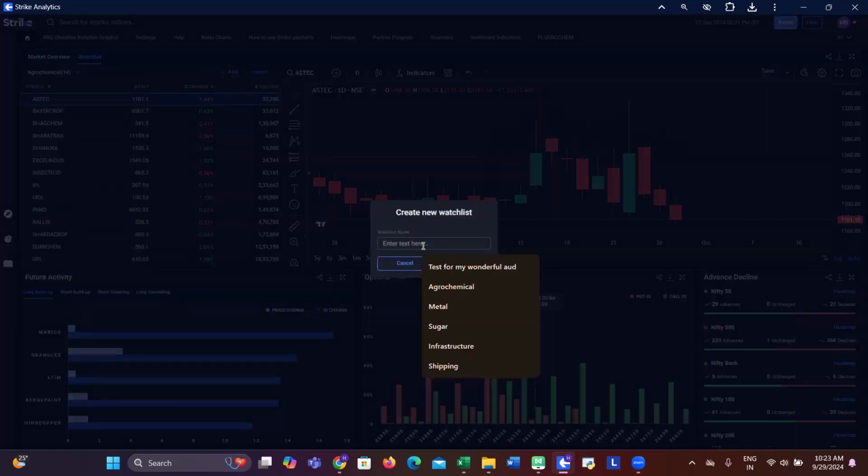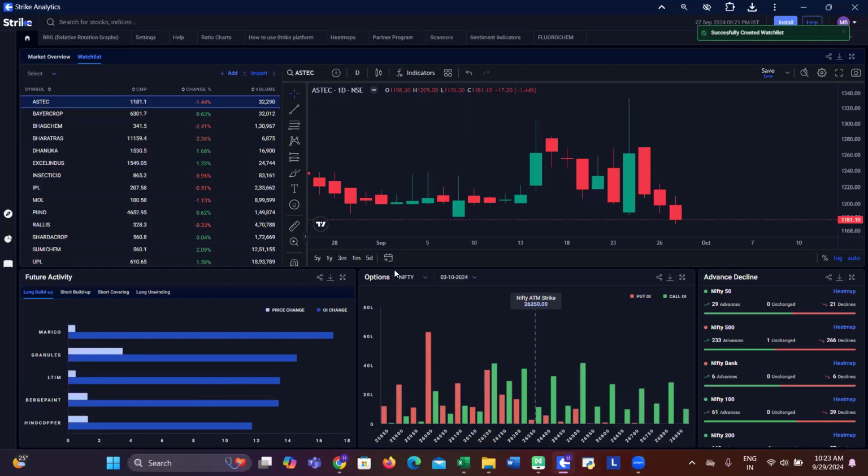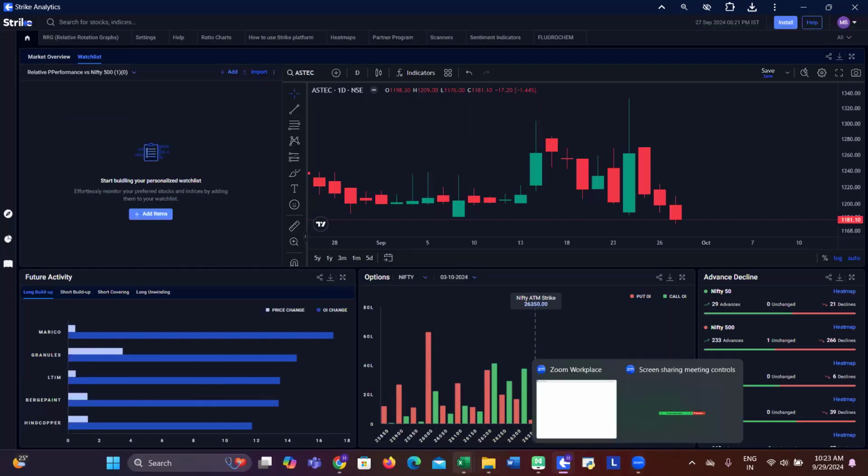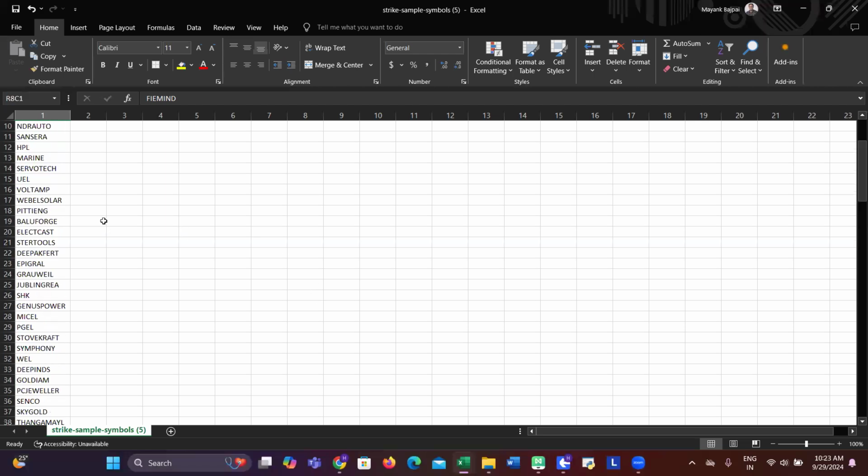So let's say relative performance versus Nifty 500 one, right? So you can create it like one just for the demo purpose right now. And then what I can do here is I can just count the top 50 to just give you the example of